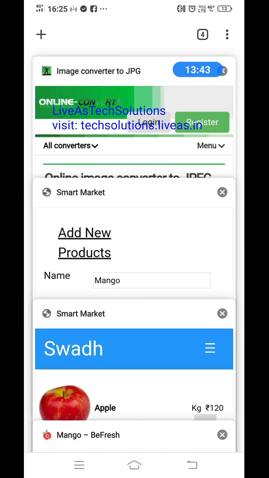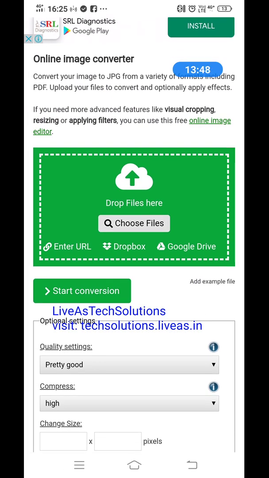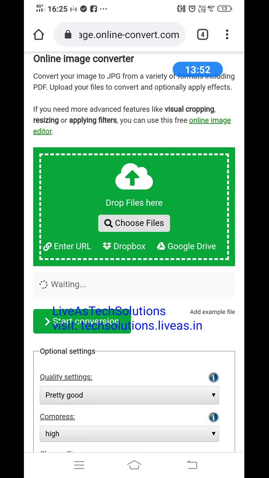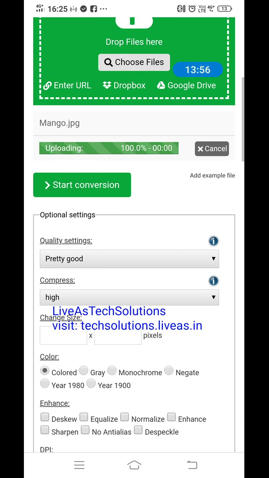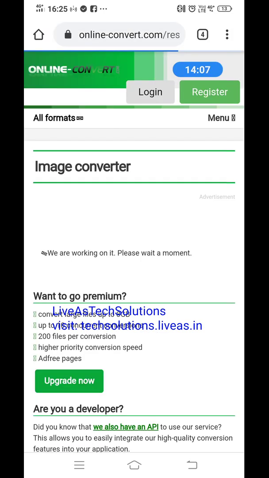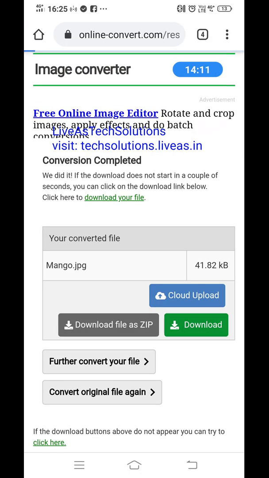You open this image converter, choose file, mango. It is already JPG only. Otherwise, if it is not JPG, you can convert with the help of this converter.